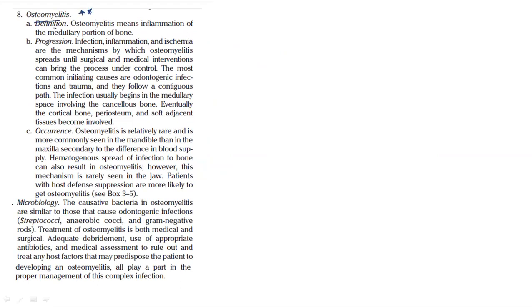Now coming to osteomyelitis. Osteomyelitis means inflammation of the medullary portion of the bone. Let me see if I have any diagrams. Okay. So, for example,